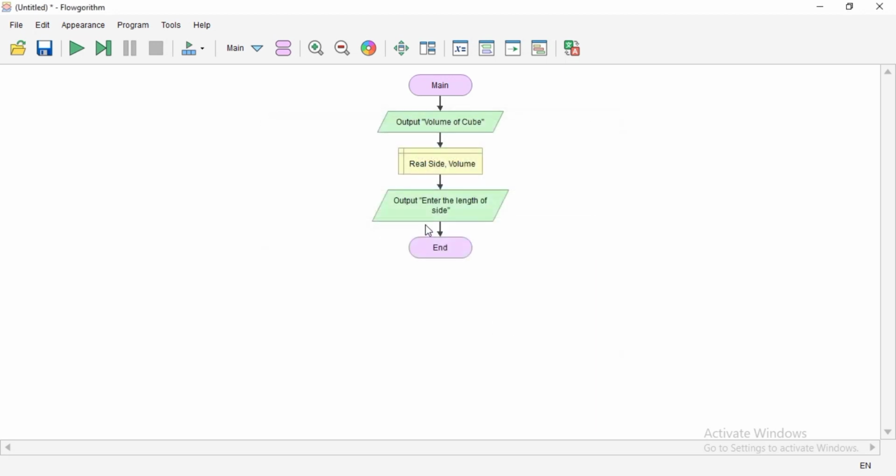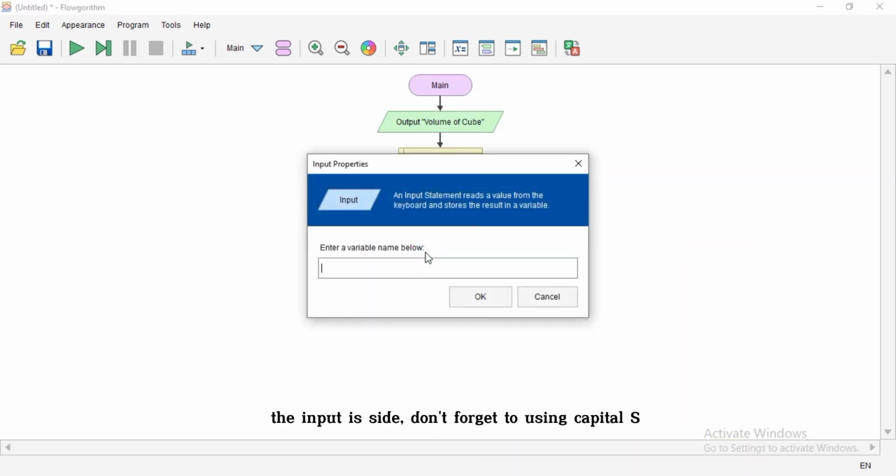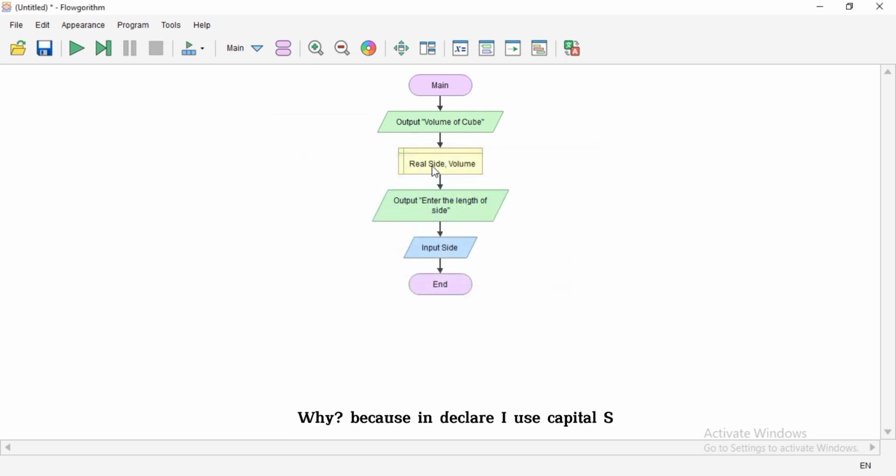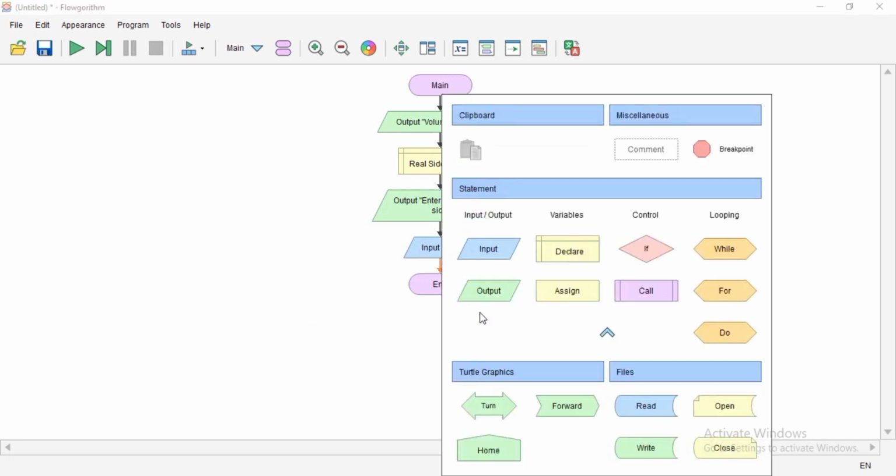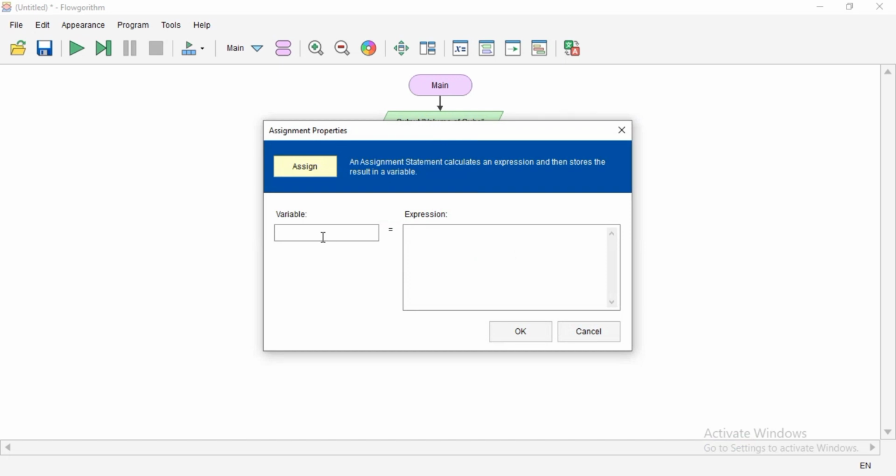Okay. Next, input. Input is Side. Don't forget to use a capital S. Why? Because in declare I used a capital S. Next, assign. In assign, you type the formula of a cube. The formula is Side times Side times Side.